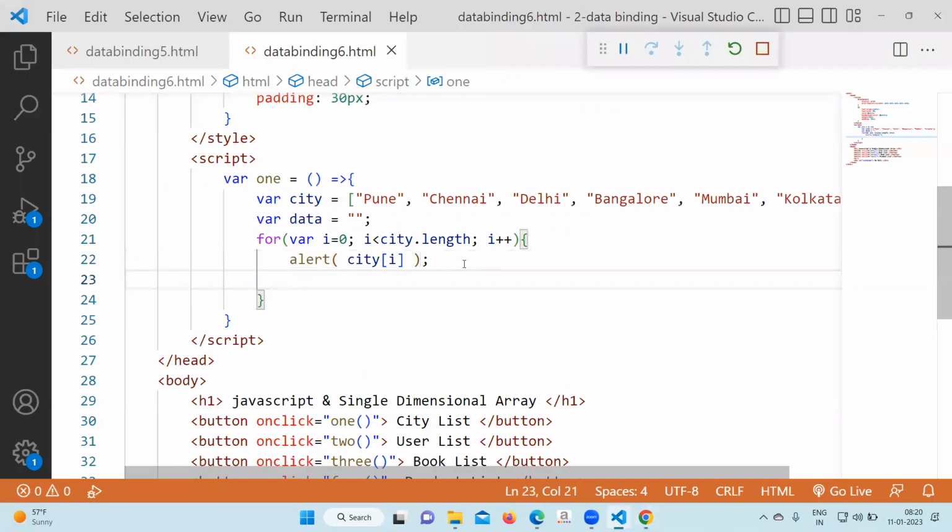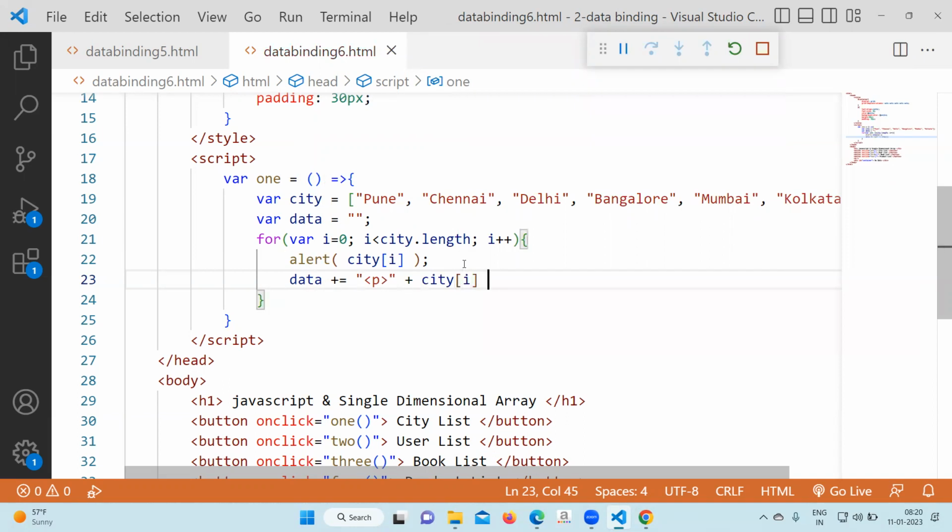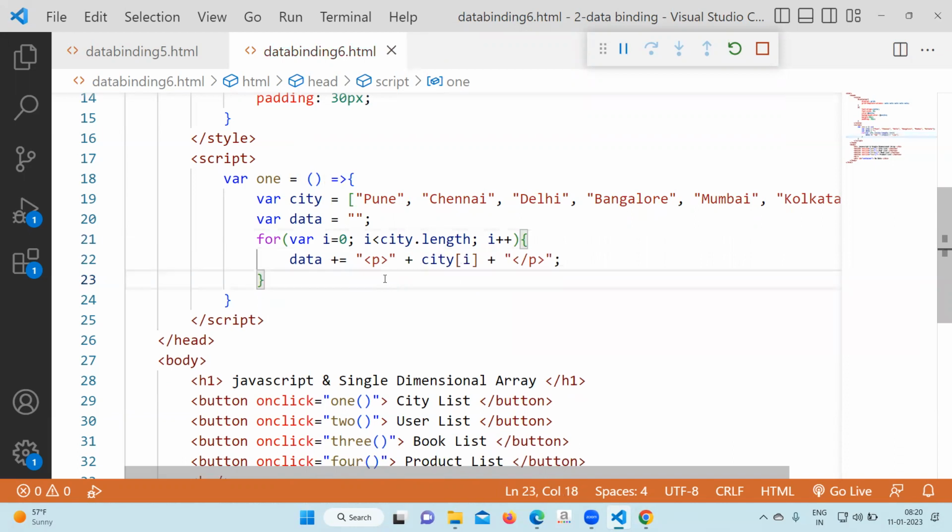Let us look into the browser. Okay. Next, you will be appending under the variable data plus equal to, again open the p tag, and inside you pass city of i. Close the p tag. Alert we can remove. We'll write after the loop